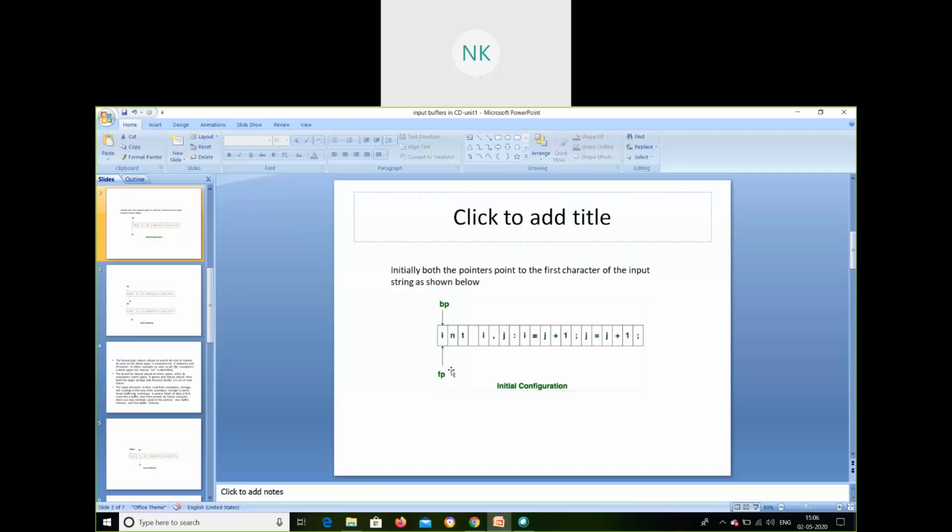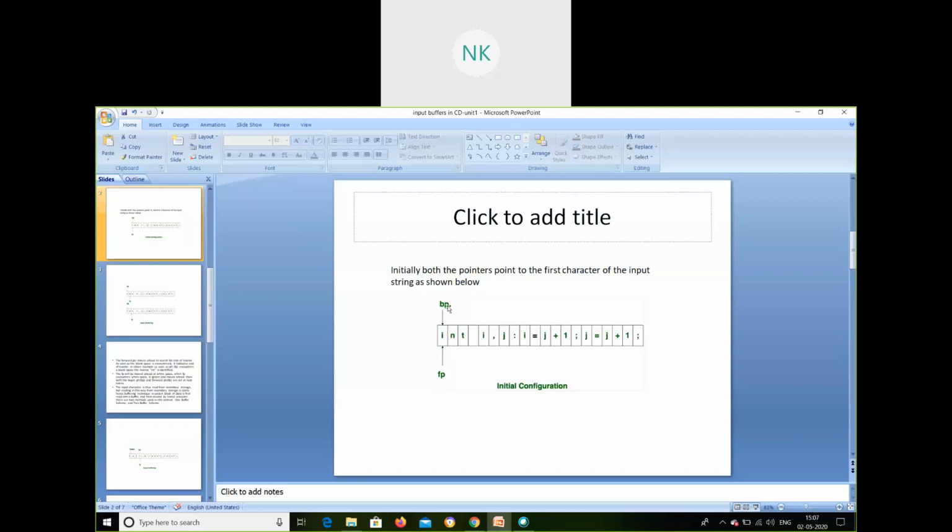So i n t, it goes forward and finds an empty space. Once there is a blank space, it recognizes that it has found one lexeme. So int is one lexeme. Every meaningful character sequence is followed by a space in your buffer. Similarly, if I give float, it will scan from left to right, f l o a t, followed by a blank space, and the compiler recognizes that it is a single lexeme.